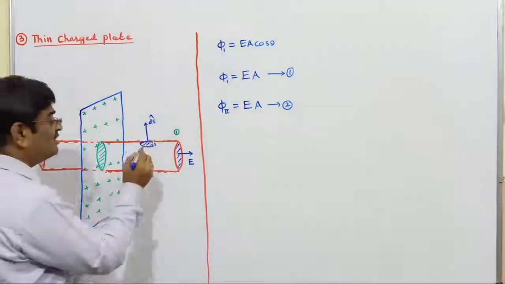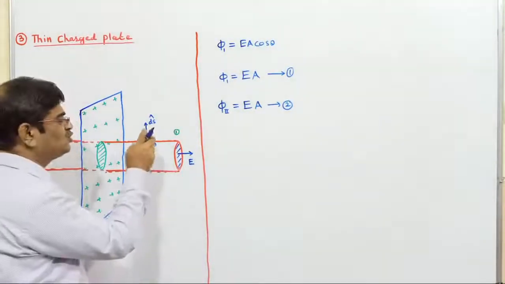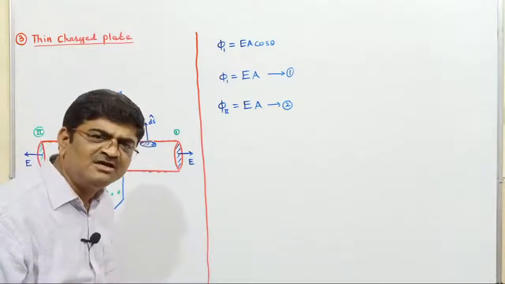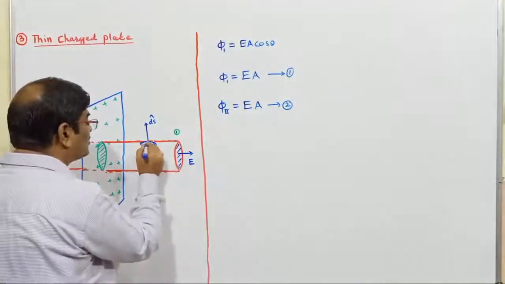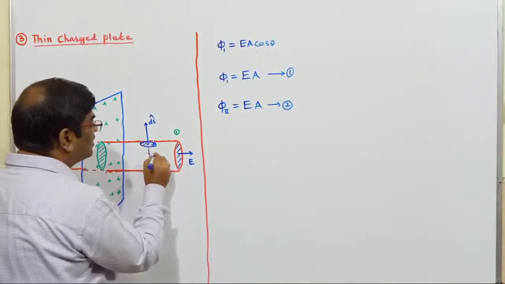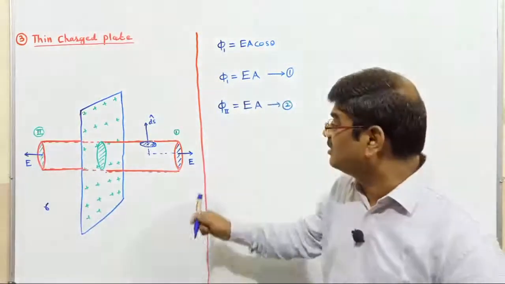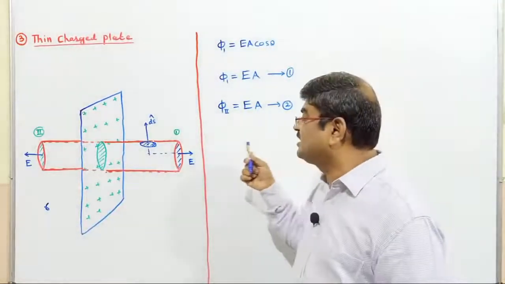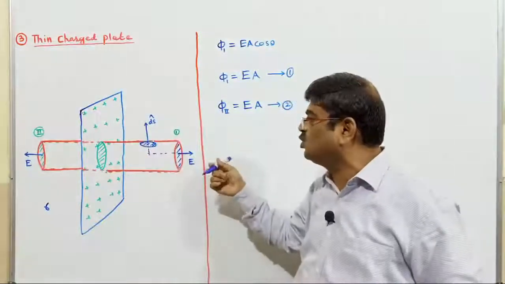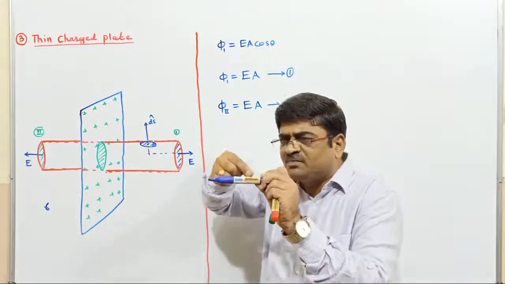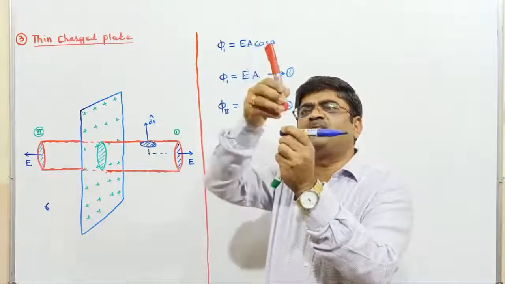Now, if I wish to calculate the flux through the small portion, I should know the intensity here. Let us assume E. I should know the area here, ds, and more importantly the angle made by the area vector with the intensity. Look here, children, the direction of electric intensity is perpendicular to that plane sheet. This is what I have shown. Whereas the area vector of the curved surface is in this direction, upward.